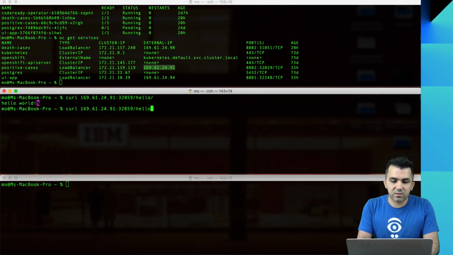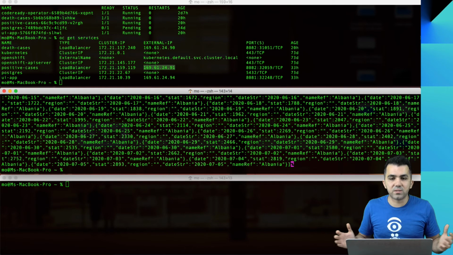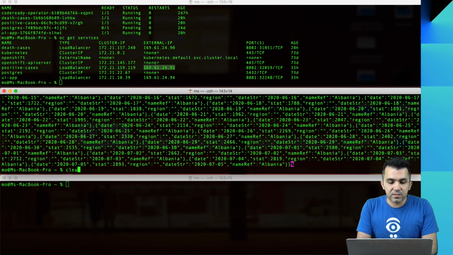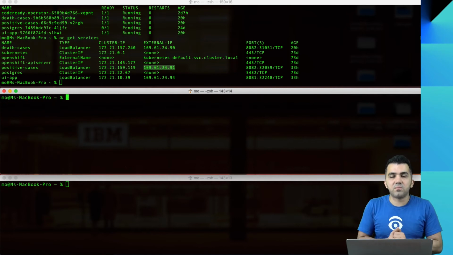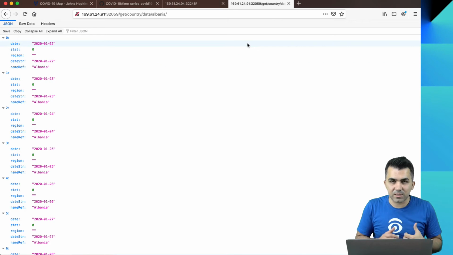And the same goes if I want to get country data, let's look at Albania again. That's all the data coming through my CLI. So super simple. Whether you've got the UI or not, you can basically go ahead and connect to the application, and that's how we're going to look at it.